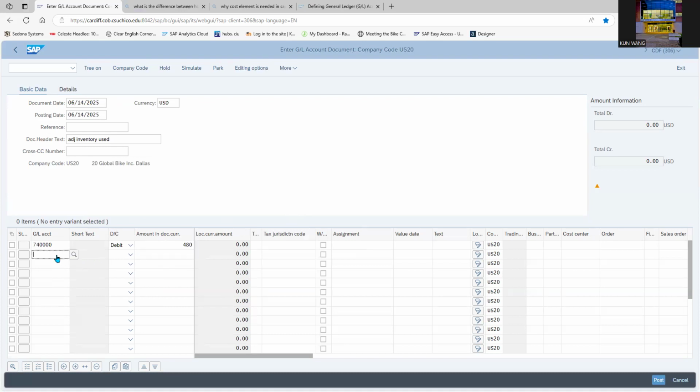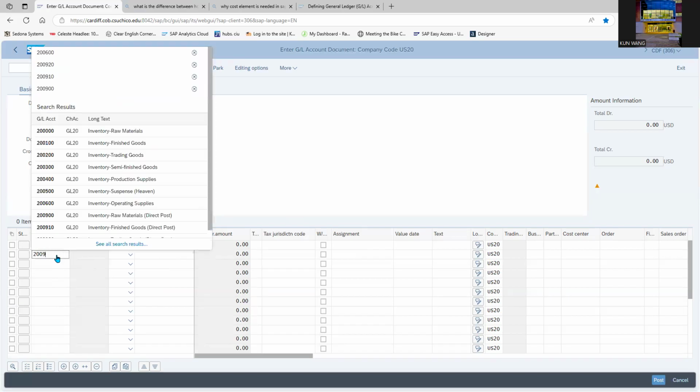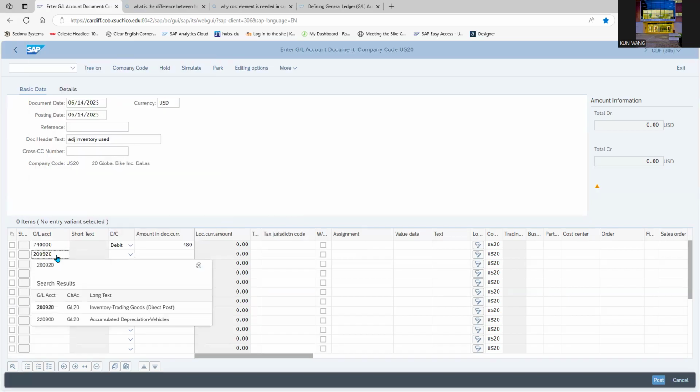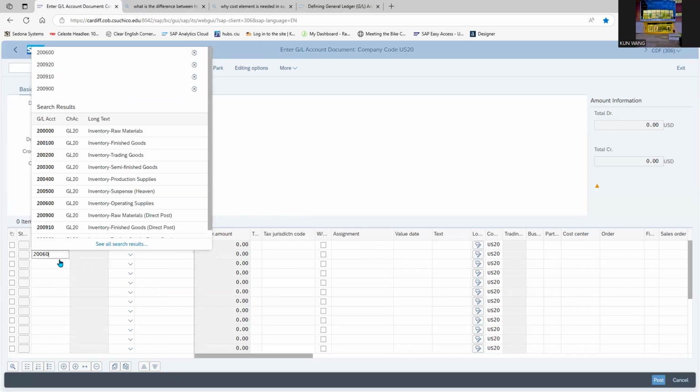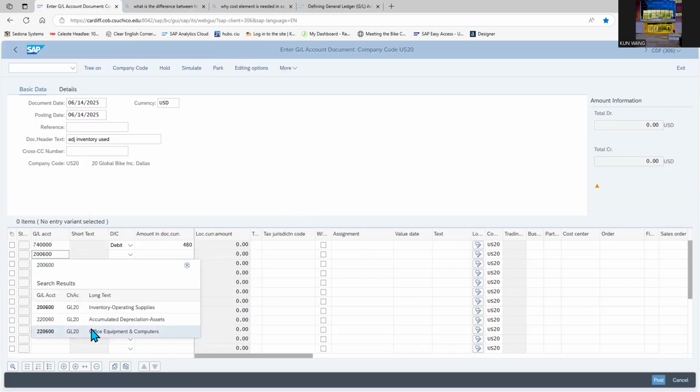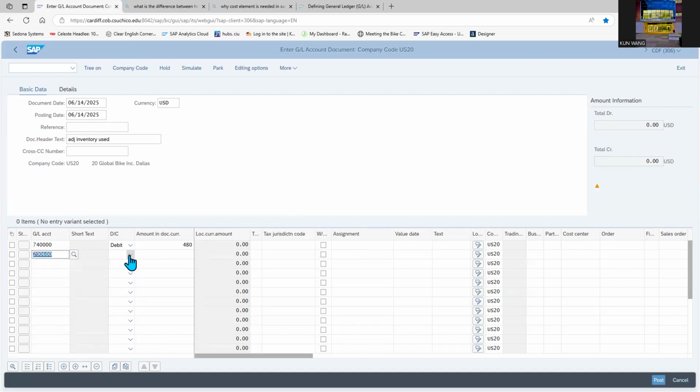And then reduce the inventory asset. Oh, sorry, I'm gonna keep adding that. So this is your 220 supply inventory. Let's see. 60. I'm looking. So inventory operating supplies for credit